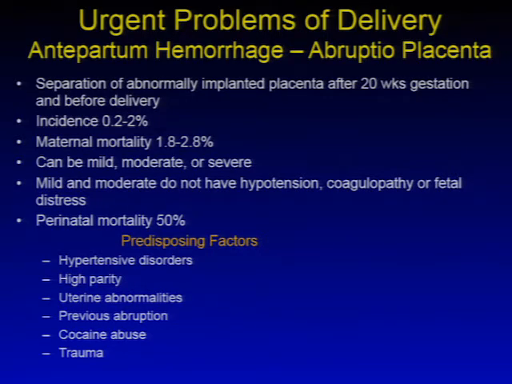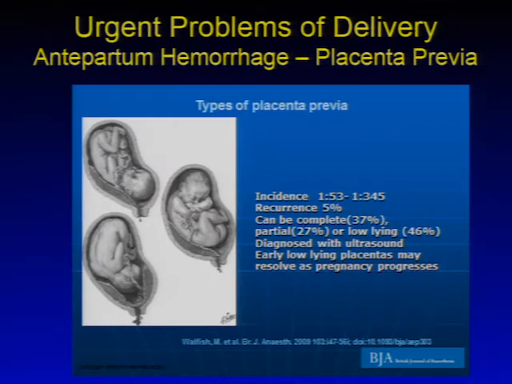and can lead to coagulopathy and or fetal distress. Predisposing factors for abruptio of placenta include hypertensive disorders, high parity, uterine abnormalities, previous abruption, cocaine abuse, and trauma, and it's generally a painful experience for the mother. This is unlike placenta previa, which is usually not a painful experience for the mother,